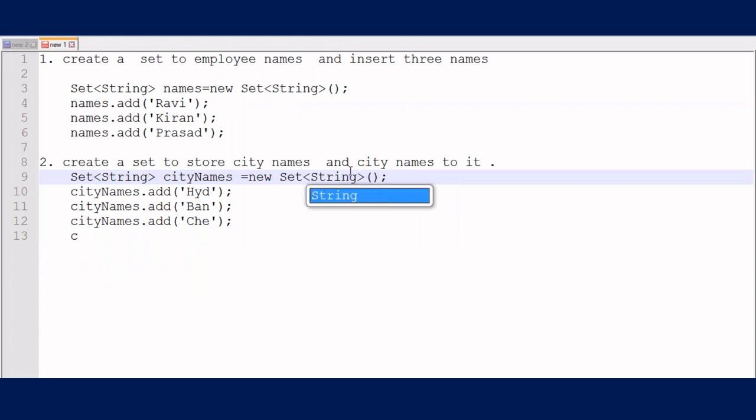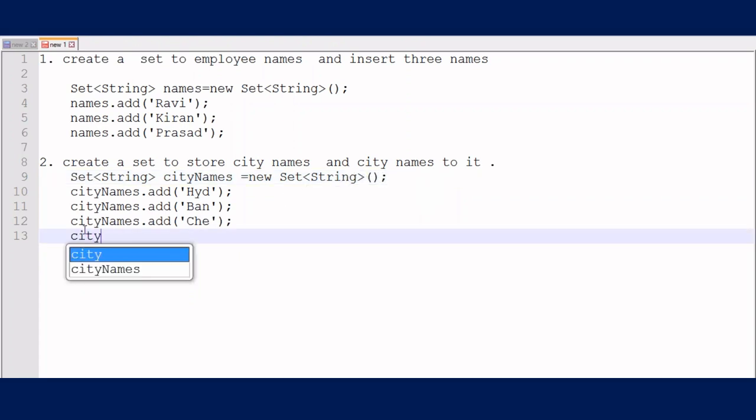If duplicate values are added, what happens? Old value will be replaced with the